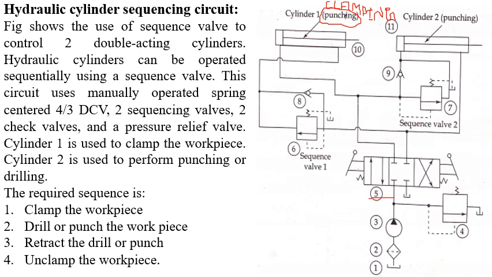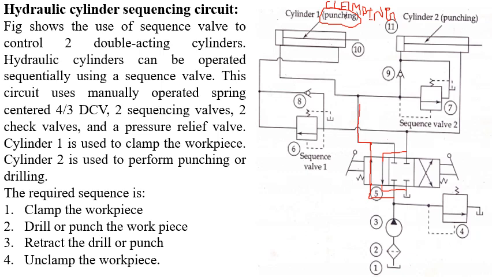See, first I will move on to the extension of the cylinders. Here the pump is connected to here. When the valve is shifted to the left envelope, see, the pump is connected like this, and this one is connected like this. So first, when the 4/3 valve is shifted manually to the left mode flow path configuration, the oil goes to the blank end of cylinder 1 and cylinder 1 extends completely and the workpiece is clamped. How is it happening? Look at this.